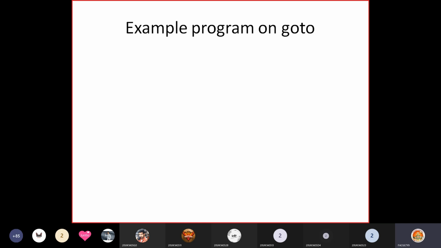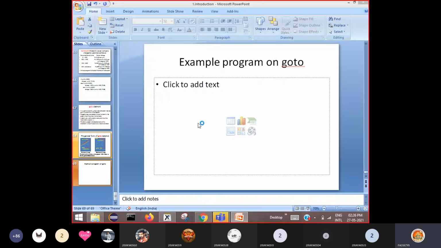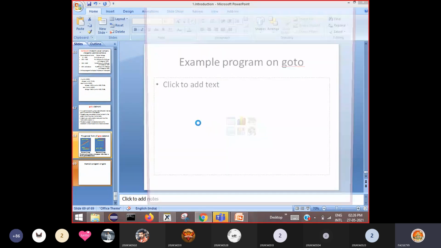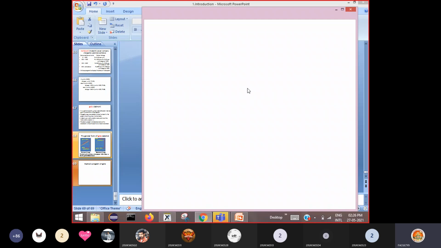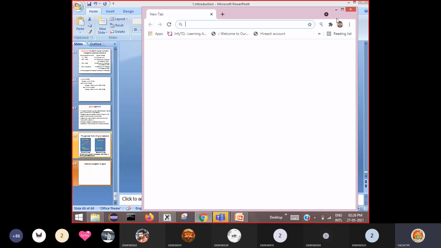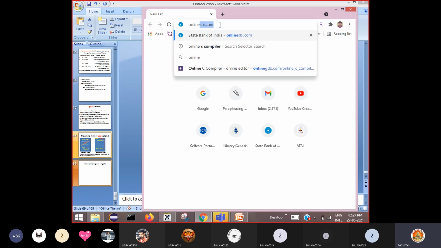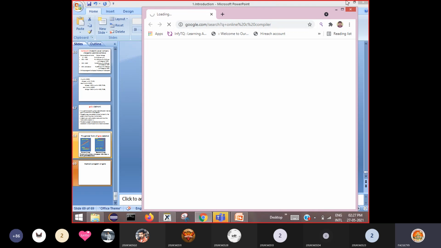Example program. Okay, so we'll write a simple example program using the go to statement. What I do is directly use an online compiler, so that we can see the execution immediately without wasting time copying. Open an online C compiler.